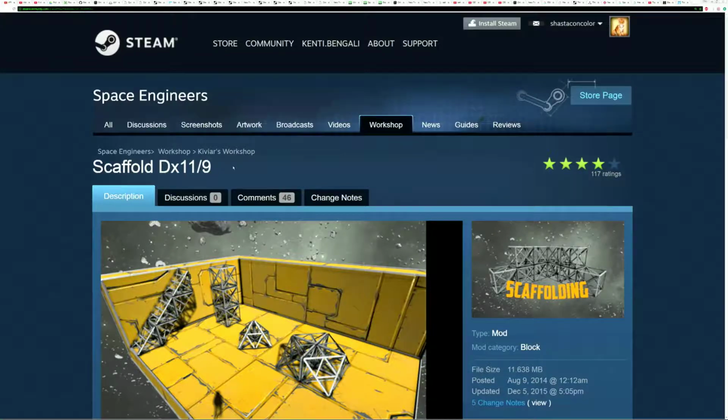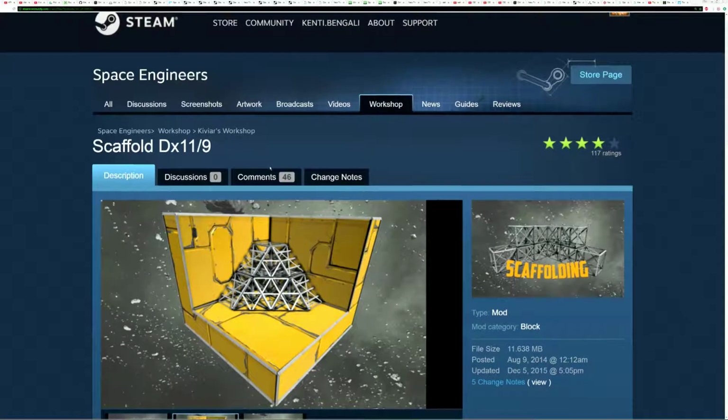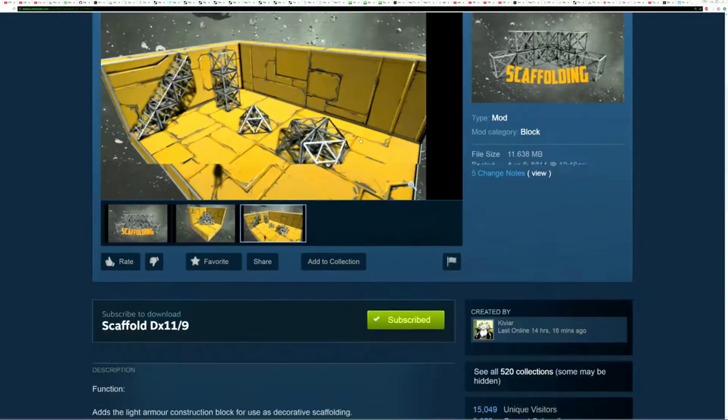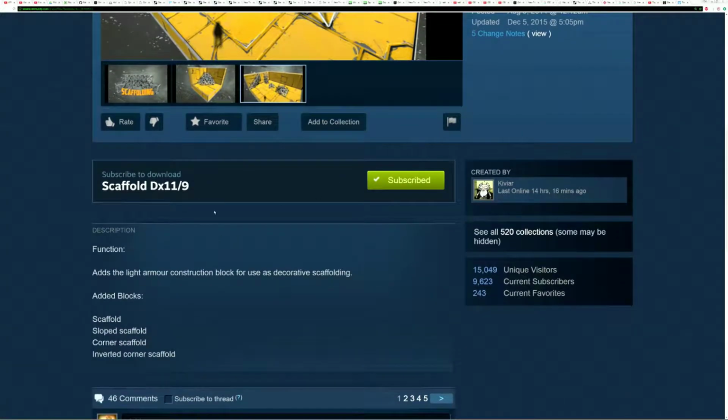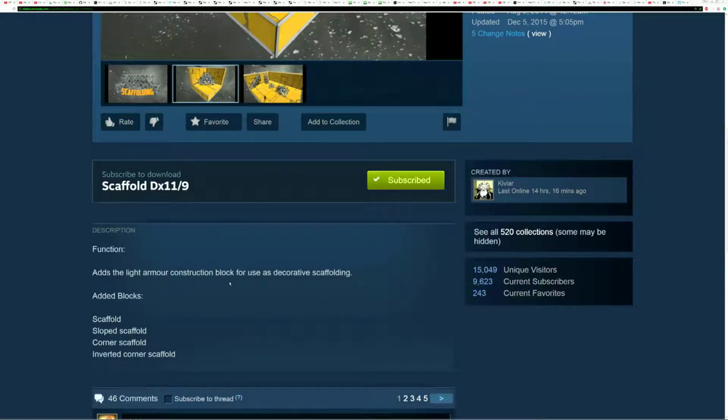Conveyor's workshop. Conveyor, if you ever watch this, I apologize if I slaughtered your name. I'm really good at slaughtering names. So this is called Scaffold, and as he describes here, this is a light armor construction block for use as decorative scaffolding. So basically, as I understand, effectively what he or she has done is